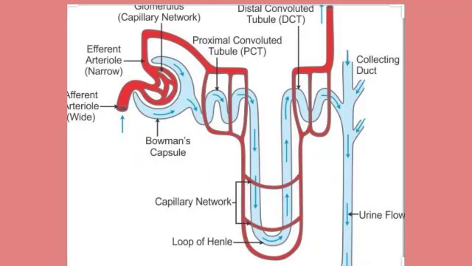The urinary bladder is a muscular bag-like structure. Also it is under the control of voluntary nerves. From the urinary bladder, urine goes out of the body through the urethra. So kidneys are the main organs of excretion in human beings, but the skin and lungs also help in the process of excretion of waste products from your body.